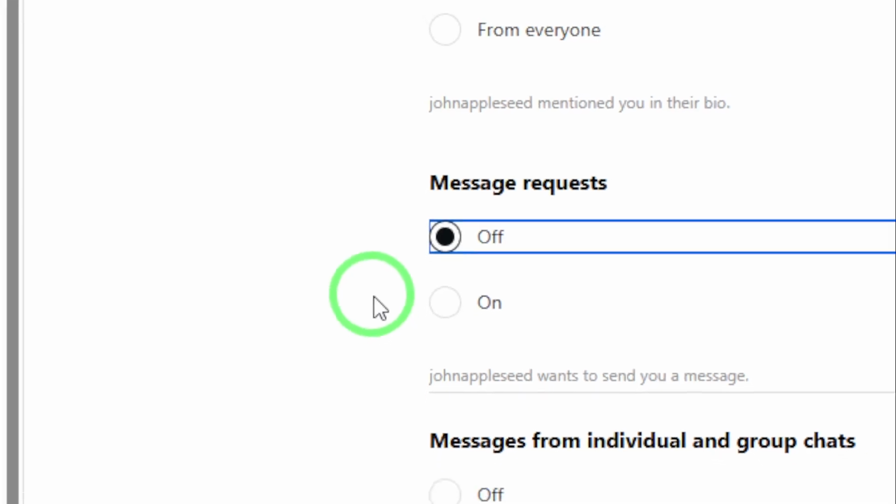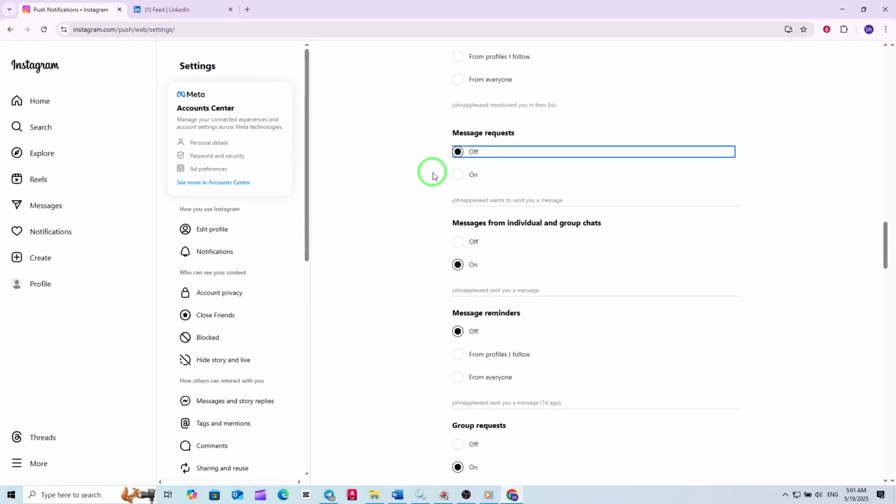From now on, you won't be interrupted by alerts every time someone you don't know tries to message you. This setting helps keep your notifications focused only on what matters most to you, making your Instagram experience quieter and